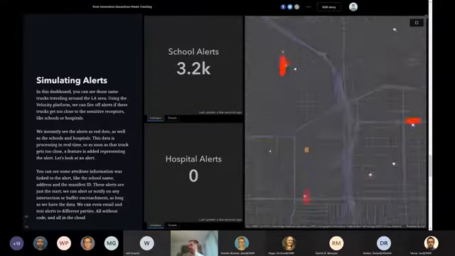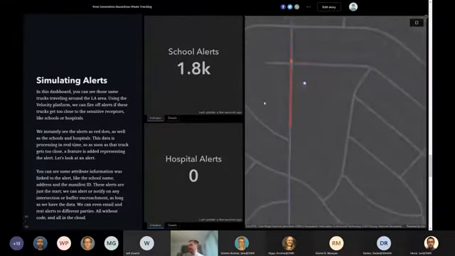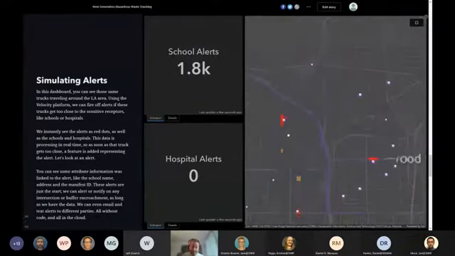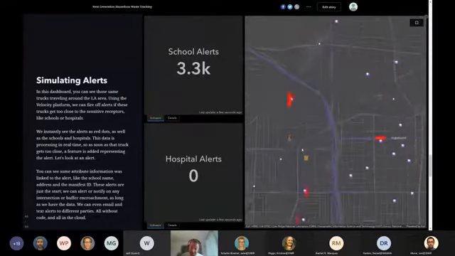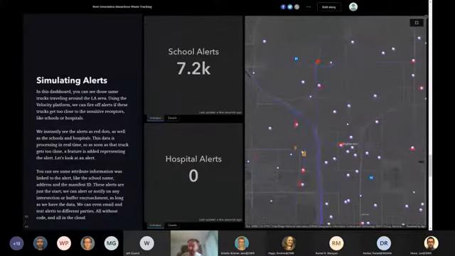And so, for instance, here comes a truck right here. As it drives through, Velocity would notice where that position was, where the school was, and it would start firing off these alerts. Now, the things that you can do with these alerts, you can send text messages, you can send email notifications, things like that. And I think that's kind of the power in it, that if something happens in real time,